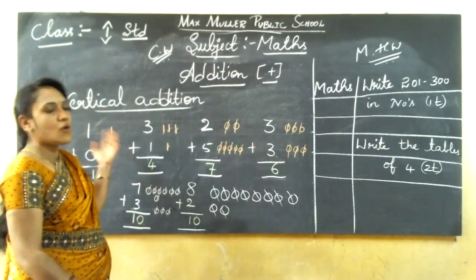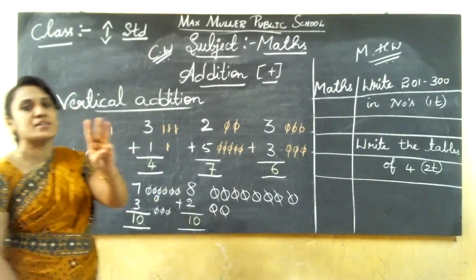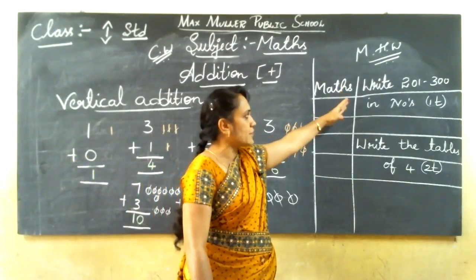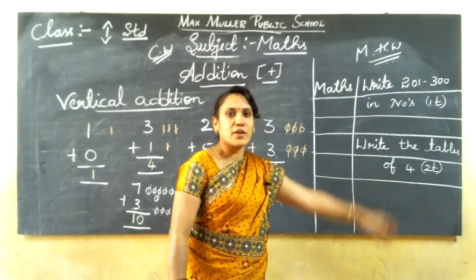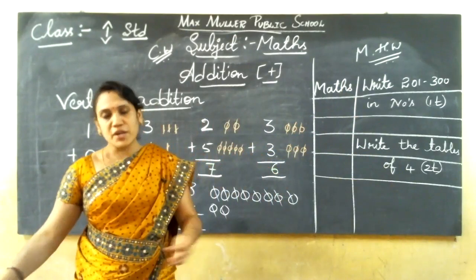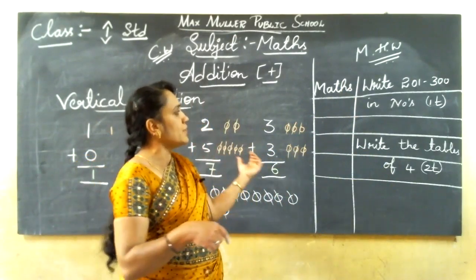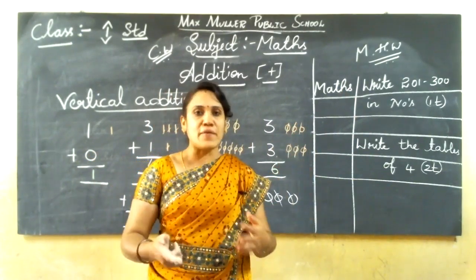In the next class, I will do horizontal addition. And vertical addition we did. So total 3 mains should be written today in the classwork. And in the homework, write the numbers 201 to 300, then tables of 4 also. Then take a rough note and practice all this. What ma'am gives in the classwork and what you write in the homework, practice one more time. You will have more time now.